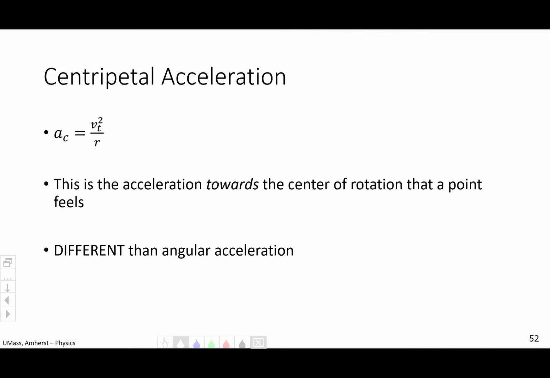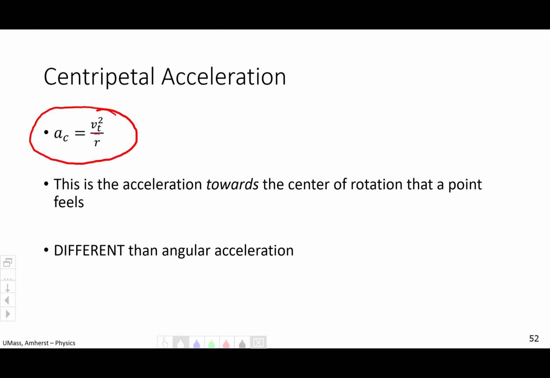All right, the next thing we need to learn is called centripetal acceleration. This is slightly different than angular acceleration. It is a linear quantity, but it is specifically the acceleration towards the center of rotation that a particular point feels when it is angularly accelerating. And what it is